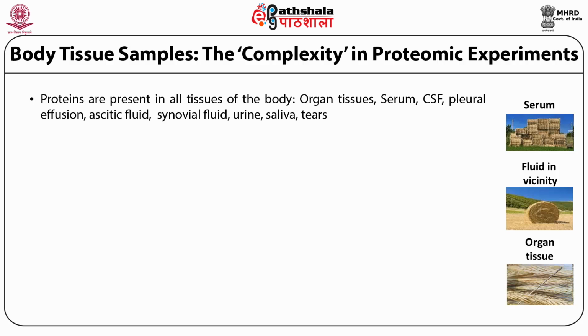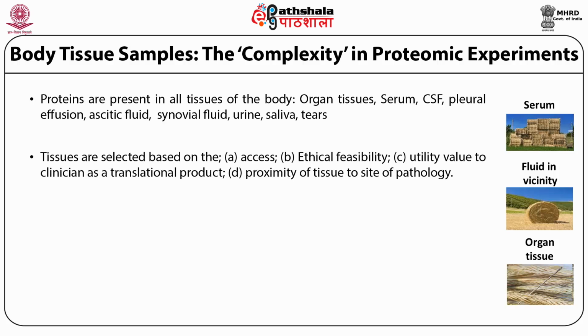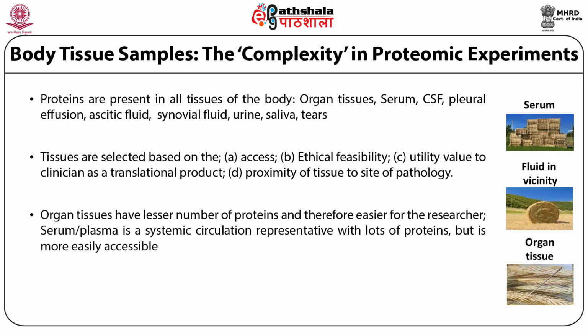Therefore, when we set out to do proteomic experiments, tissues are selected based on the feasibility of access, ethical issues concerned, the utility value to a clinician as a translational product, and finally, proximity of the tissue to the site of pathology. Organ tissues have a lesser number of proteins and are therefore easier for a researcher to analyze a handful